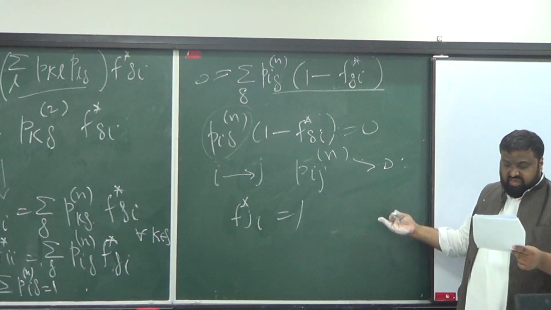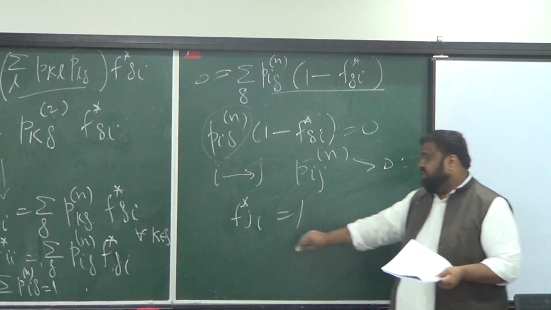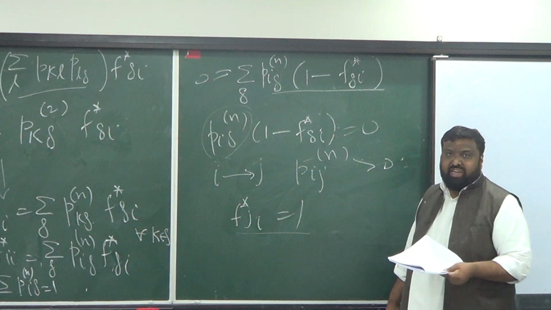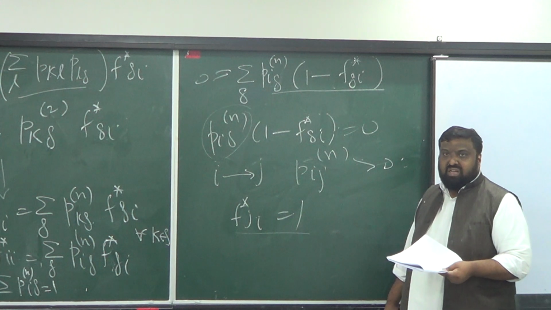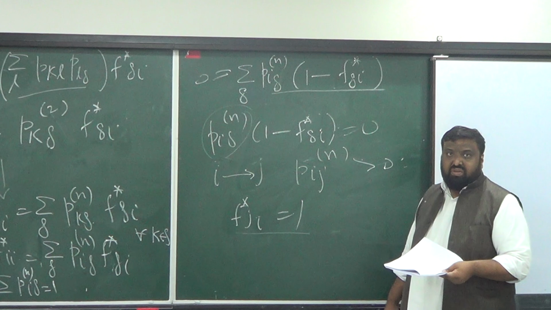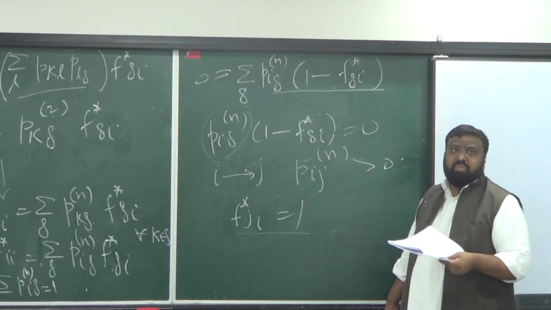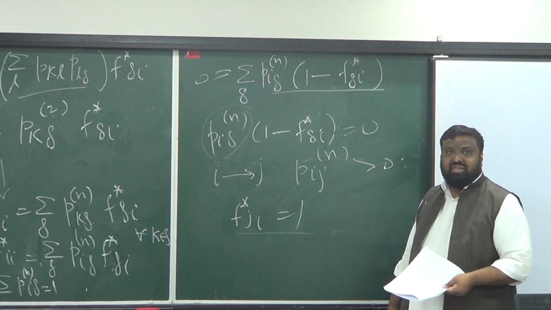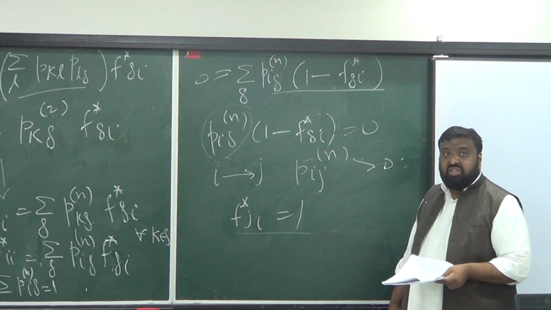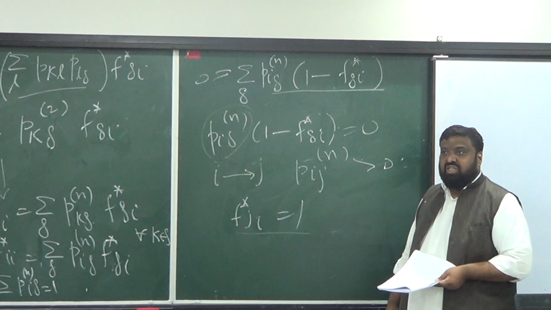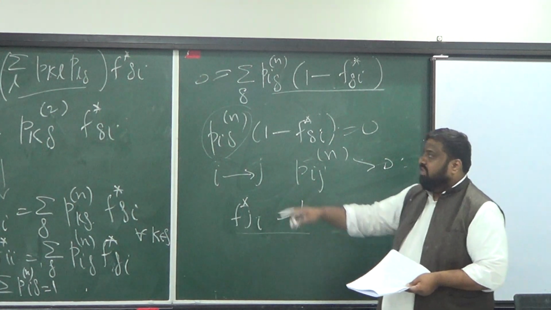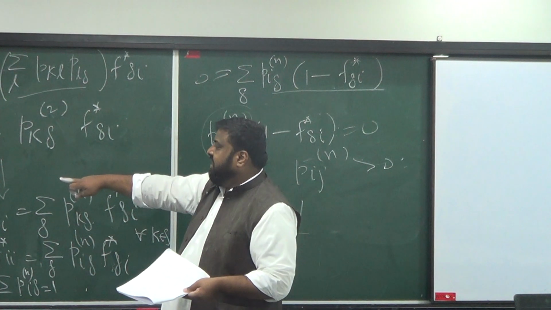Okay? And what does this show? The f star ji is 1. What immediate conclusion can you have from f star ji being 1? That you can reach from the state j to the state I. So there is a positive probability that you can reach from the state j to I. That's what essentially shows that j leads to I actually. So the theorem demands another thing, Fij.